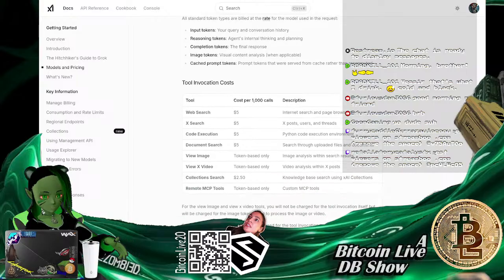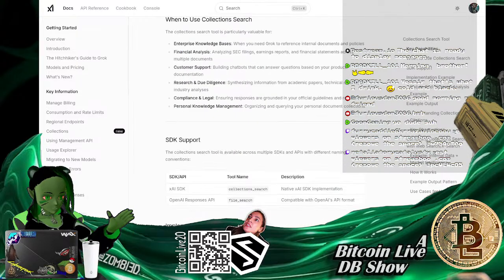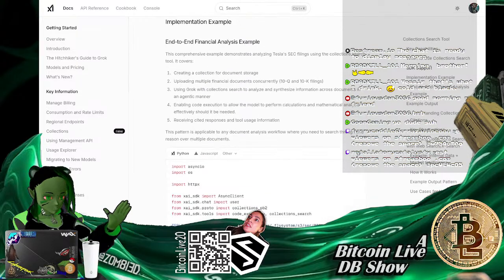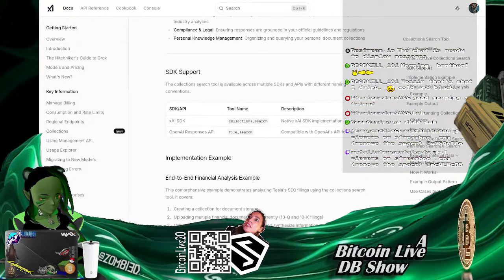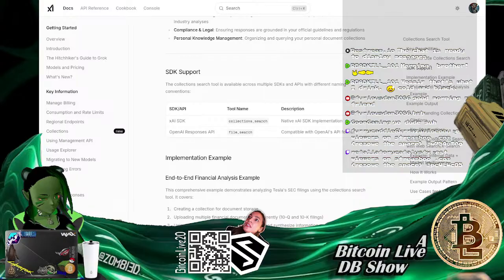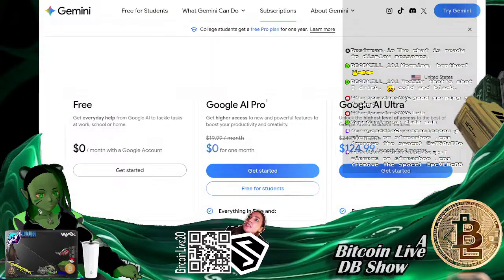So you see web searches are about $5. Then collections are going to be more and varying, and it gets really complicated really fast with Grok trying to figure out the spendage. But the better way to look at it is about the same price as the one we just looked at. Dead serious, it's right around the same pricing. About $40.